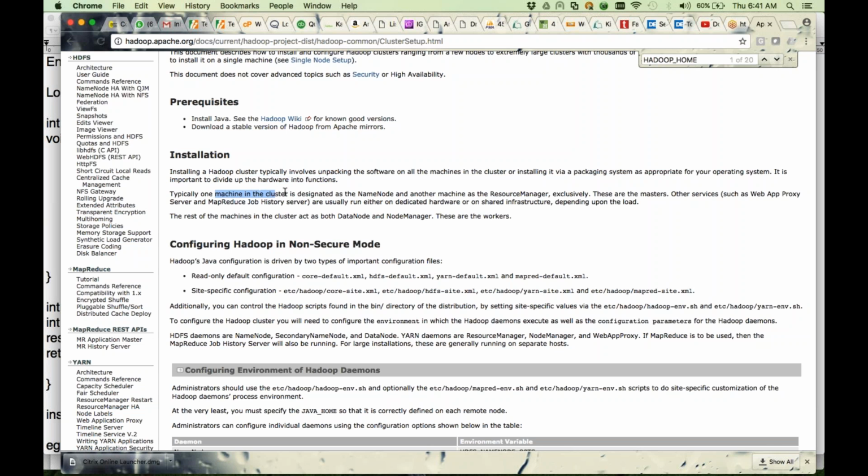Typically, one machine in the cluster is designated as a name node and the other machine as a resource manager exclusively. These are called the masters. Of course, in place of resource manager, we discussed job tracker in the last session. Let us continue the same